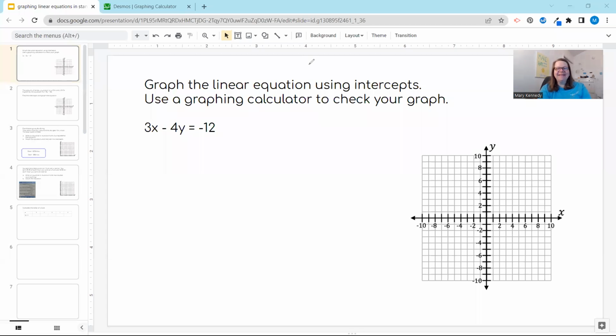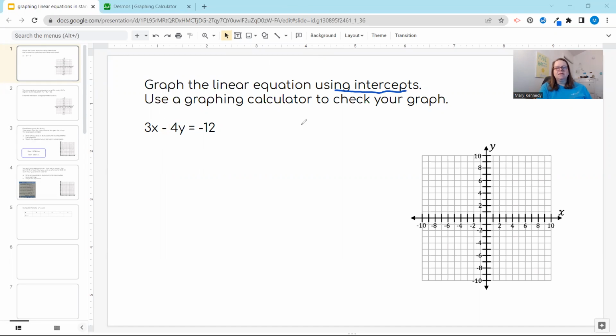Here we go. Let's take a look at this one where we're graphing the linear equation, and we're going to use intercepts to do it. So this one's in what's called standard form. The x and y are on the same side of the equation. And so to use intercepts, we're going to say, well, let's just see what x equals if we ignore the